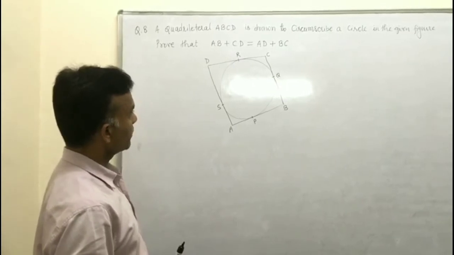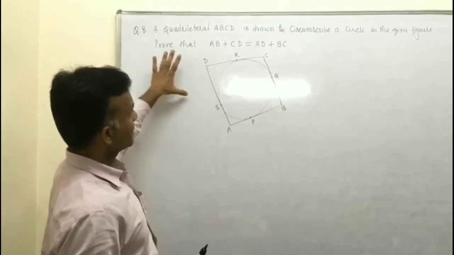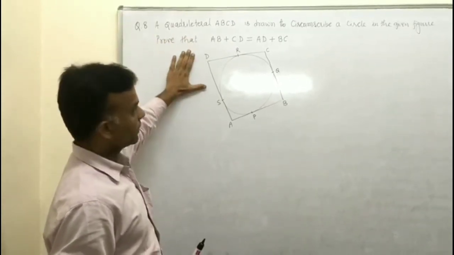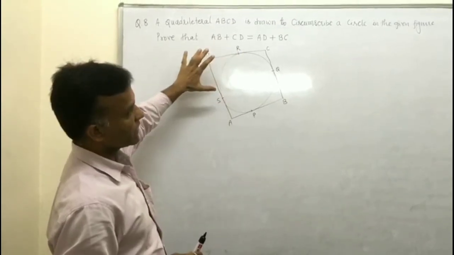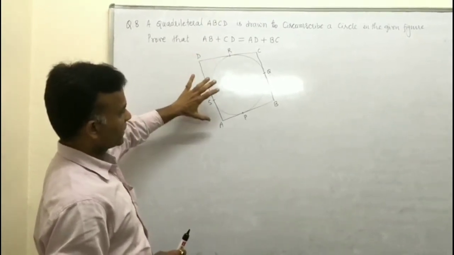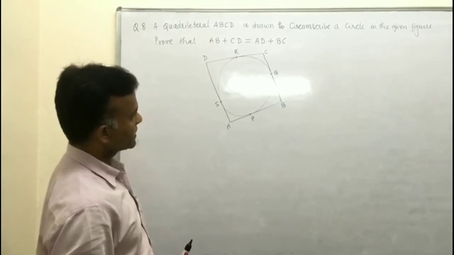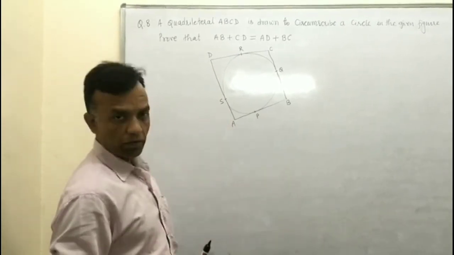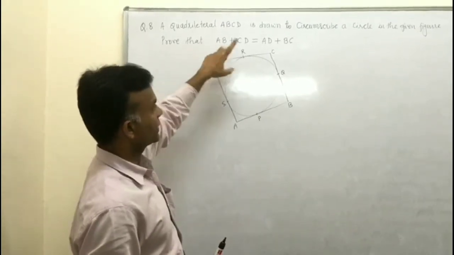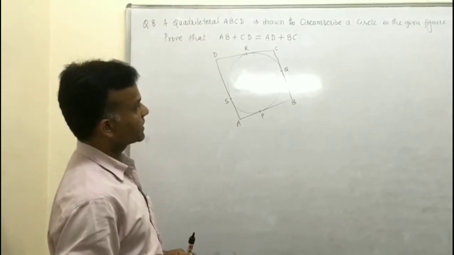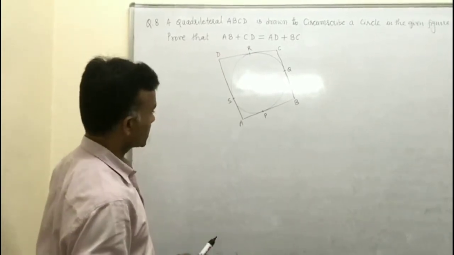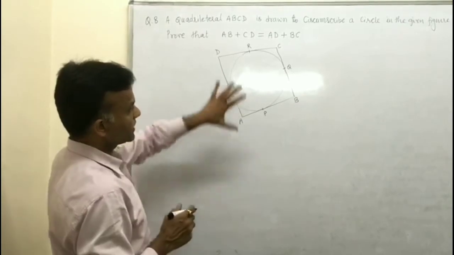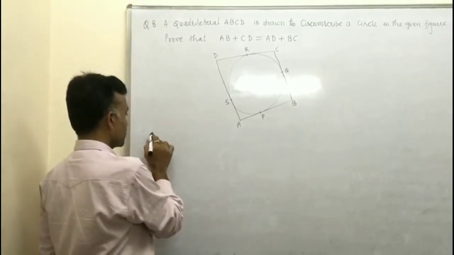Now, what is given in the question is clear. A quadrilateral is given, and it is drawn to circumscribe a circle. Tangents are drawn here, and we have to prove that AB plus CD and AD plus BC are equal. So first we write down the given. What is given in this figure? Write down: given that